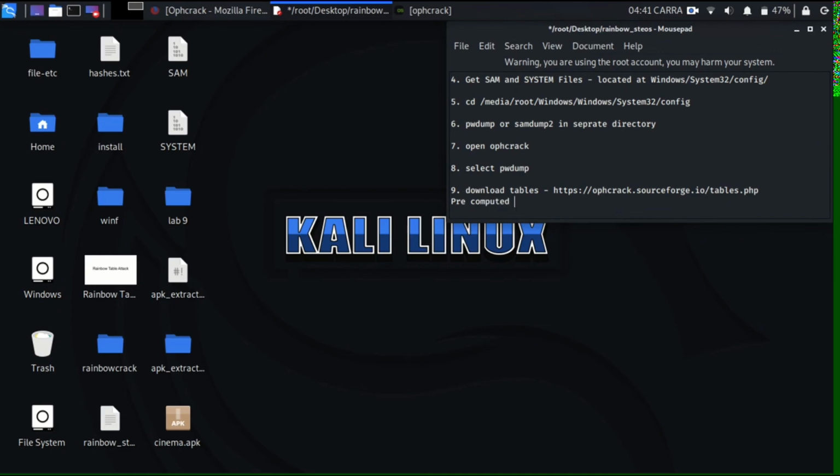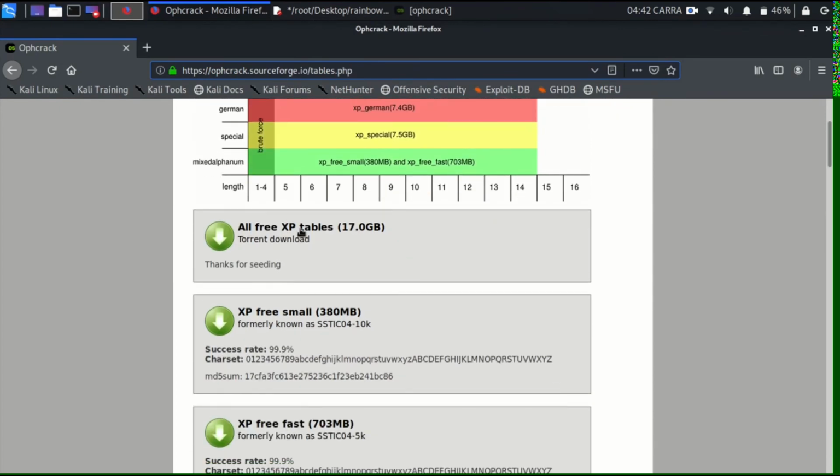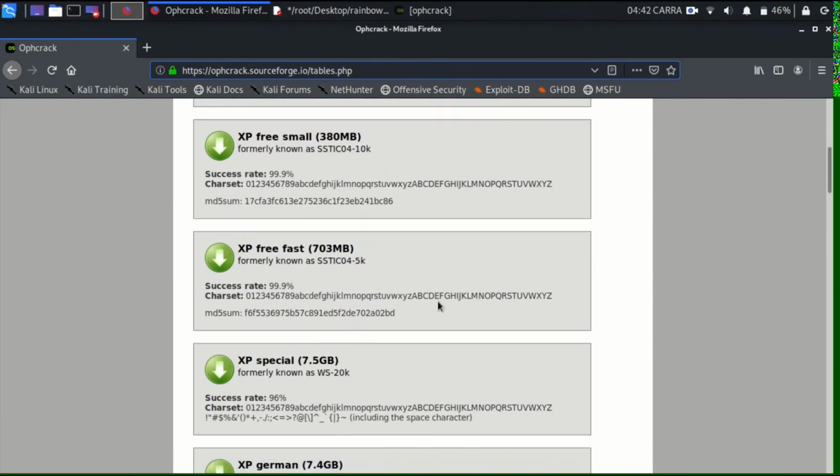There are many tables ranging from 200 MB to 30-40 GBs, and if you go on the internet you can even find rainbow tables which are much larger, even in TBs I have found some rainbow tables. I've already downloaded a few of them, and you can also check them out or download them. Just download a few of them, that should work mostly. Yes, you can see there are 17 GB. It's based on Windows, basically Windows XP, Windows XP Special, etc. So yes, you can see I've already installed them.